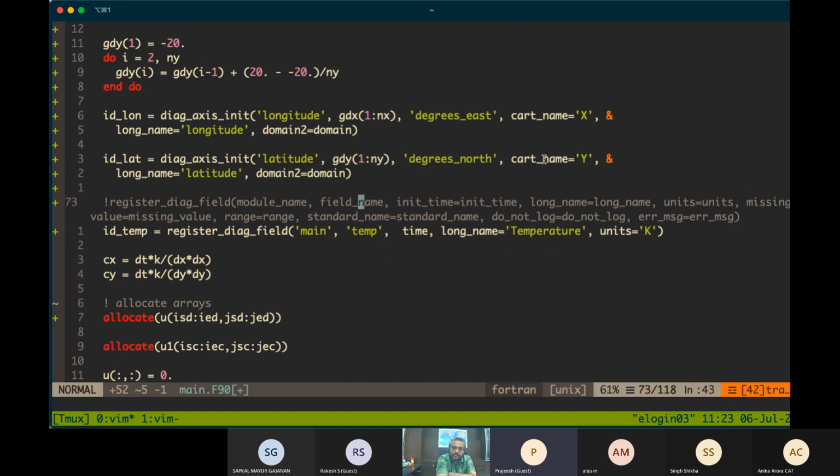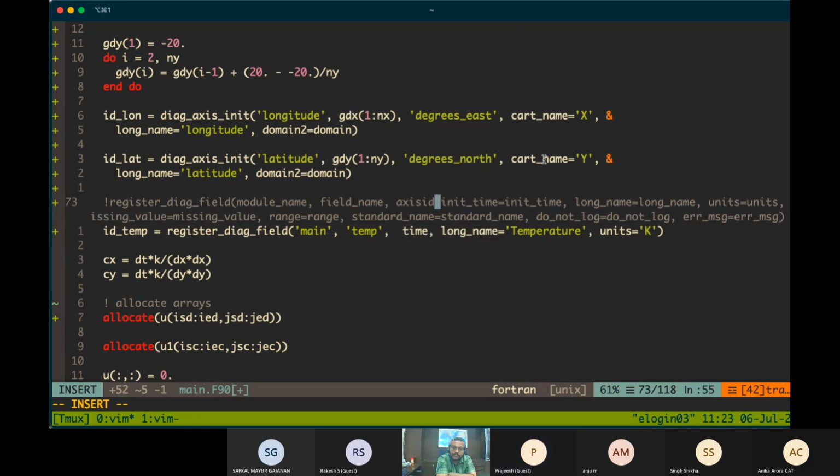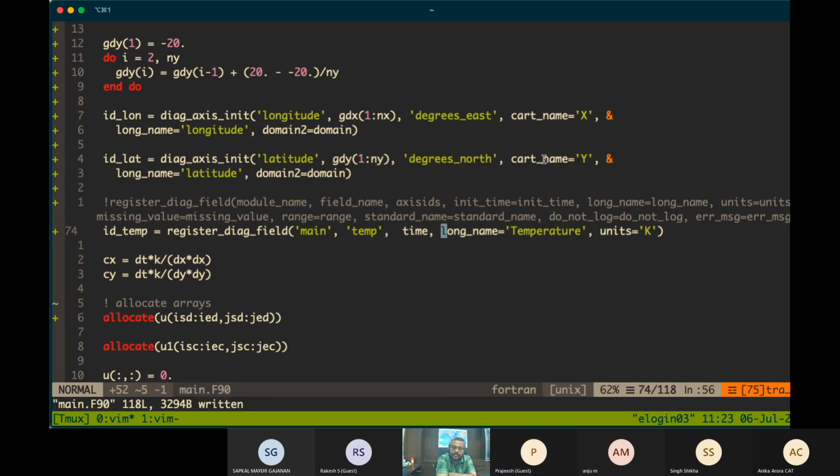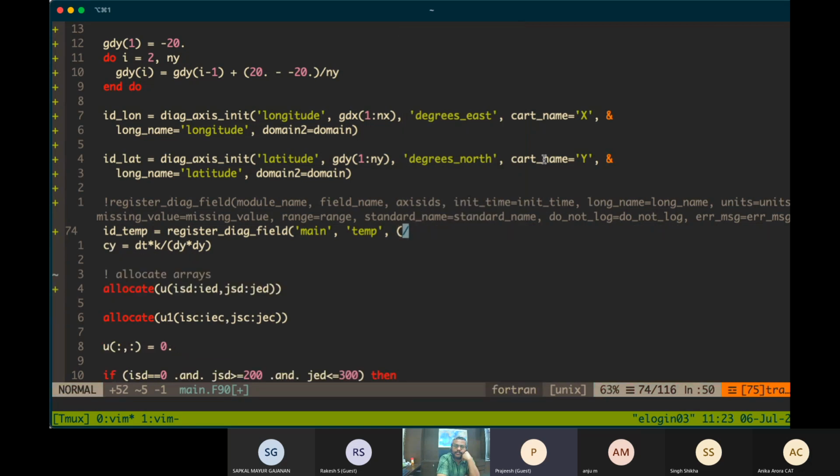So after the field name, before init time, it should be the access ID. Access IDs are nothing but an array of your spatial coordinate ID or spatial access ID.